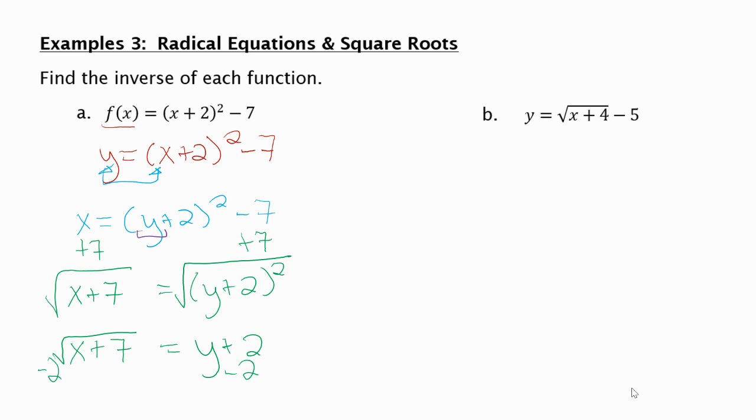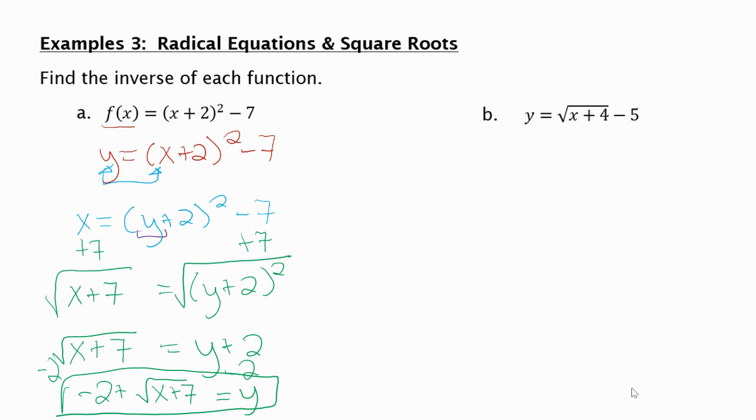Technically, you can do a plus or minus with that x plus 7. And we're going to talk more about that in one of the later sections. But we would take this as your answer too. All right. And then finally,